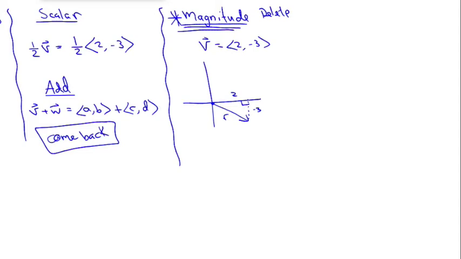It's a squared plus b squared equals c squared. It's not on a unit circle, so I'd rather not do that. C in this case is r. A in this case is 4. B squared in this case is 9. So you get r is equal to the square root of 13. To designate this, we write the magnitude of v